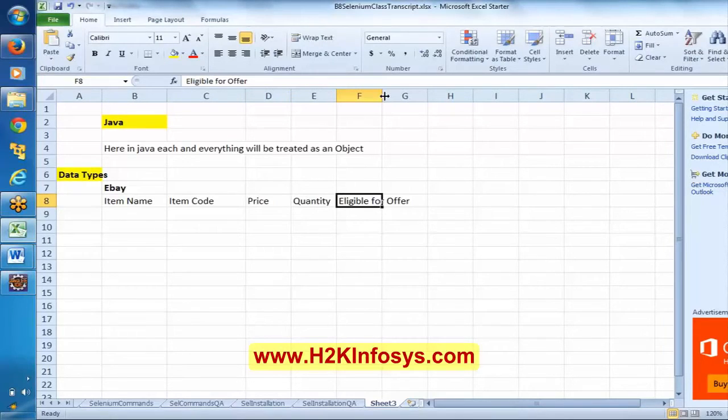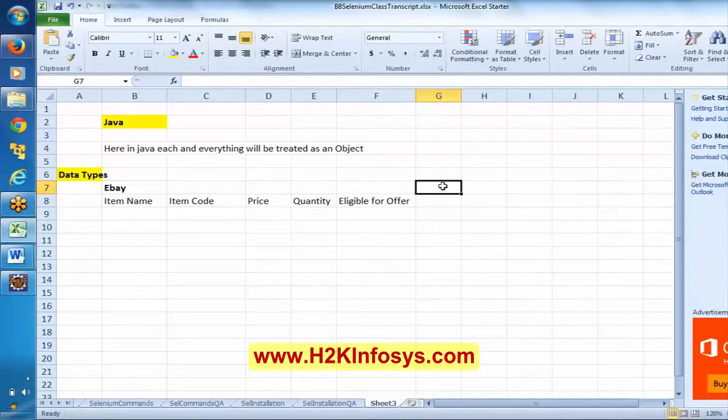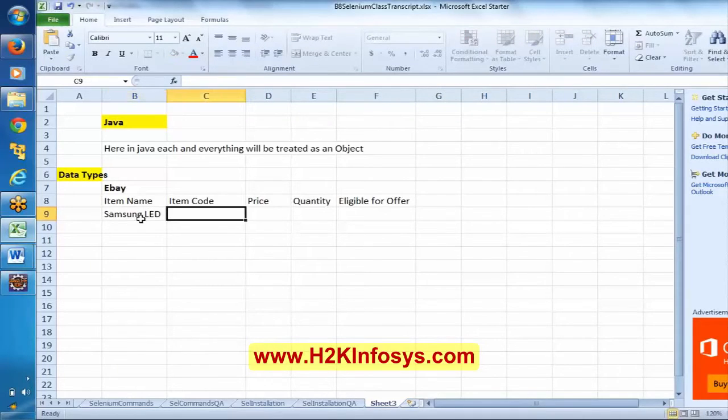Say item name is some Samsung LED, and let me give some item code here.